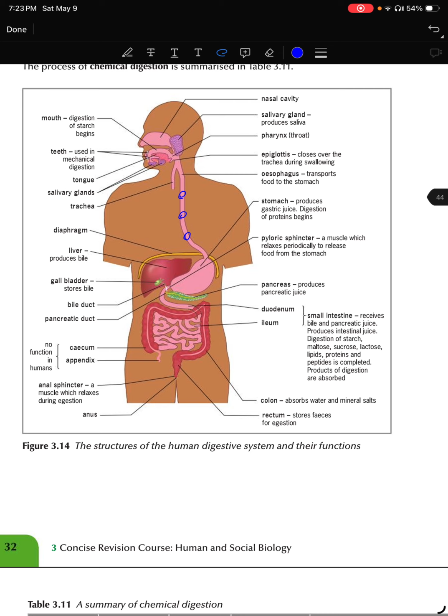The stomach is also muscular to allow for the churning of the food, mixing of the food with the gastric juice. Then you have the pancreas, which produces pancreatic juice, the liver, which makes bile and stores bile,